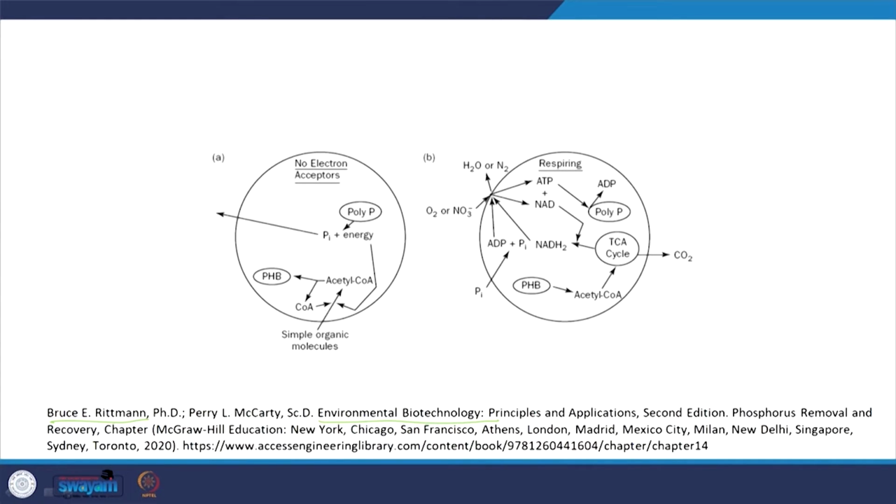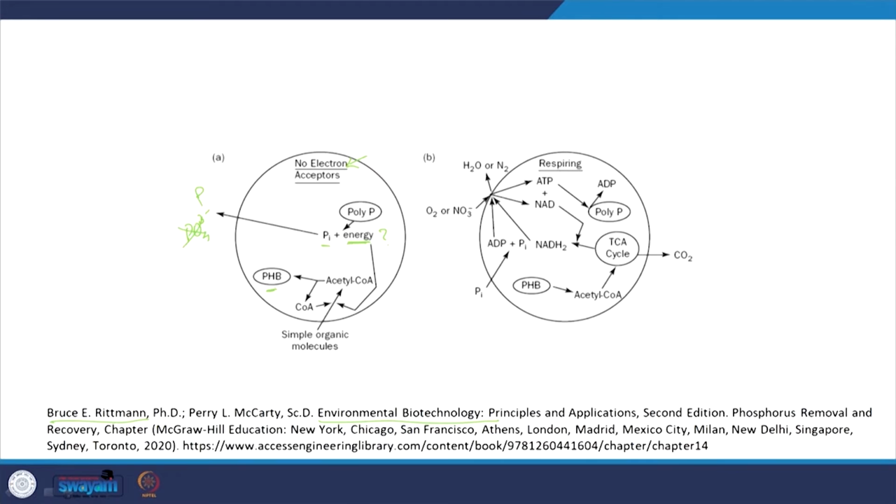So, here we have the anaerobic conditions where there are no electron acceptors. Yes, and as we discussed, PHB has to be formed, and for PHB formation energy is required. Where is the energy coming from? Energy is coming from the degradation, if I may use this layman's term, of polyphosphates into phosphorus. So, phosphorus, or orthophosphates, is being released, and energy is released, and this energy is